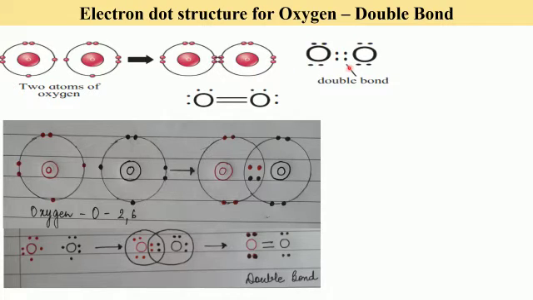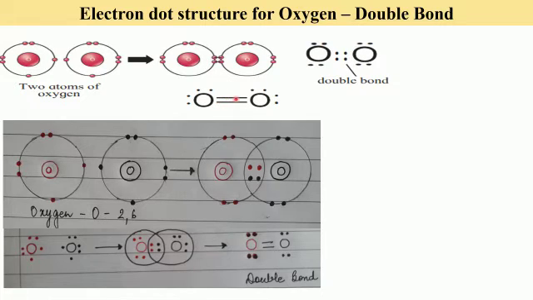Here also it has been shown the dot structure. Oxygen, 4 are remaining with it, 2 it has shared. Same way this atom also, 4 are remaining, 2 it has shared. So both the atoms have shared 2 electrons each. So the total number of electrons here becomes 4, which are going to belong to this oxygen also and to this oxygen also. Since 2 pairs of electrons are shared, we indicate it by 2 lines. And it's a double bond.